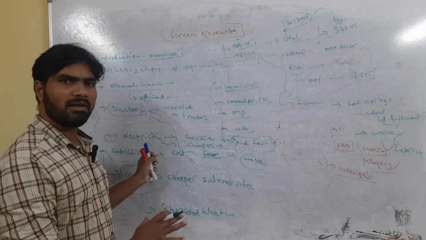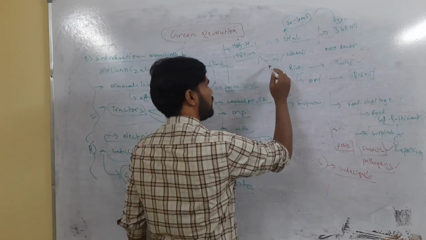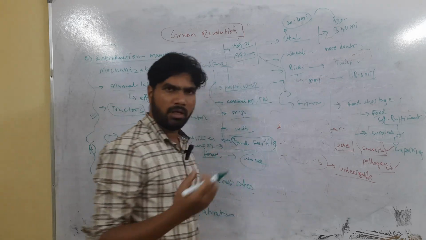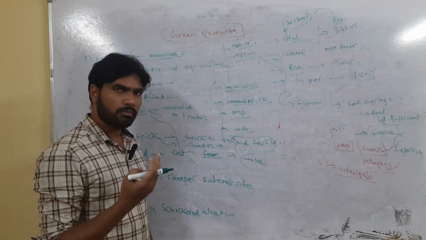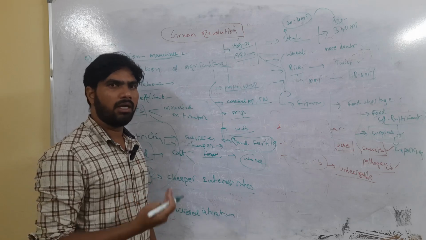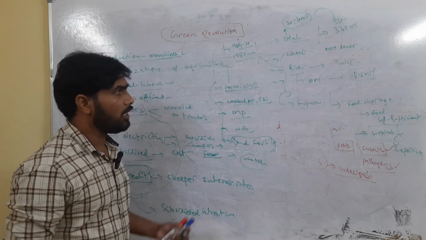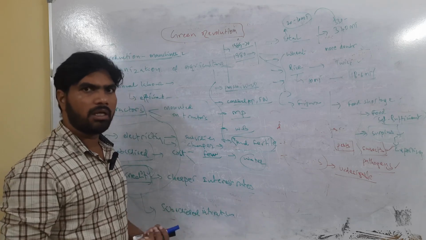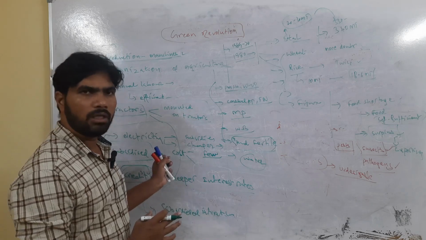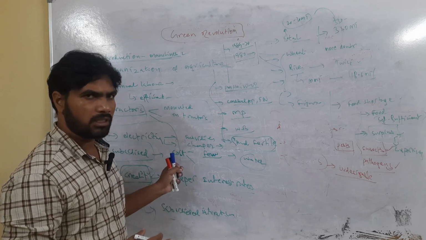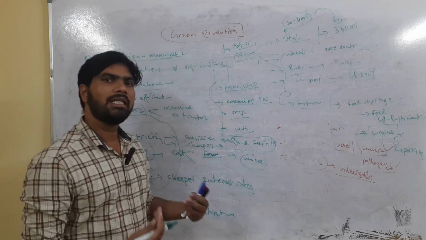But this is not the end. For the purpose of writing in the mains, we need figures: how much increase in rice, how much increase in wheat, how much change in total food production, what are the positive impacts, what are the negative impacts, and what are the solutions for addressing the negative consequences of the Green Revolution. All these things we will discuss in the next class.